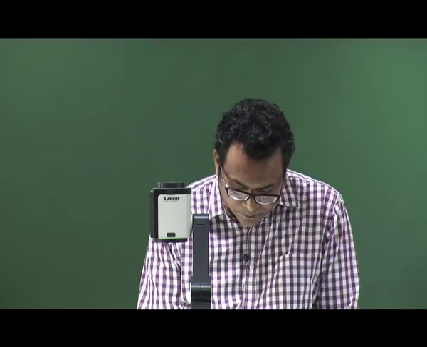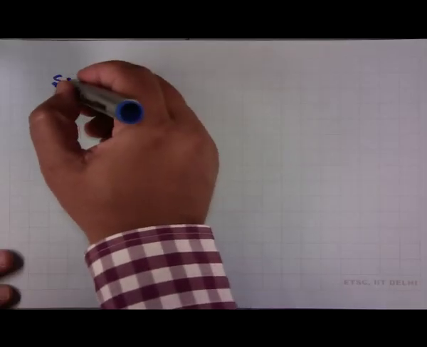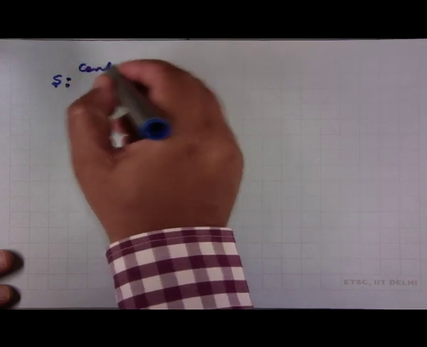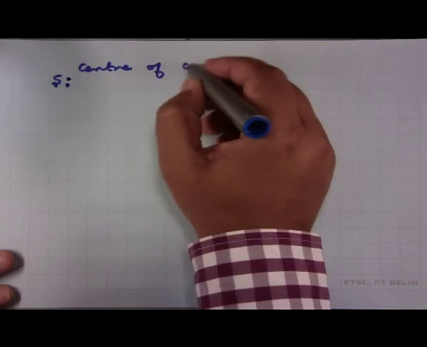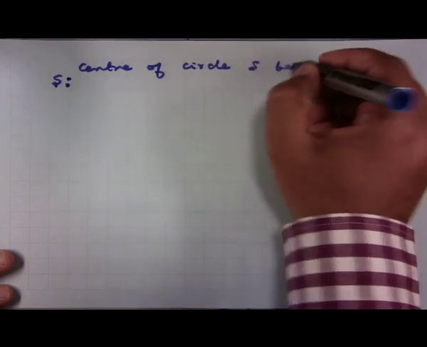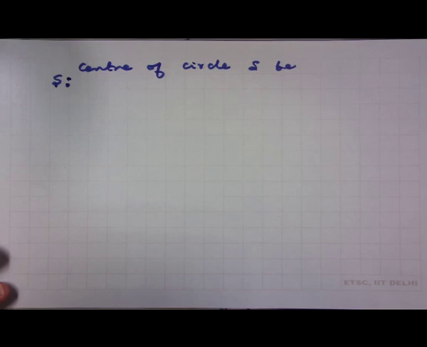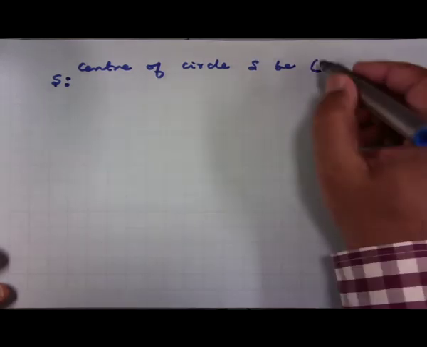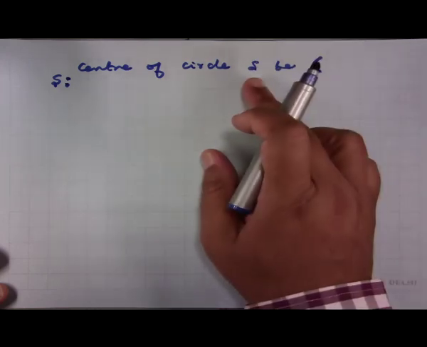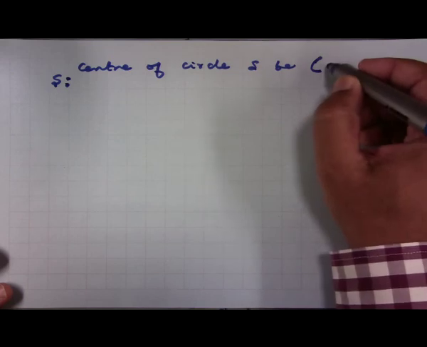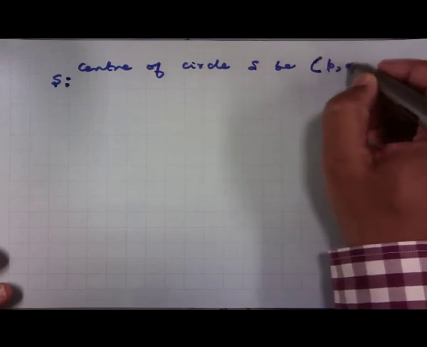So, let the coordinates of the center of circle S be, let us say, P and Q,